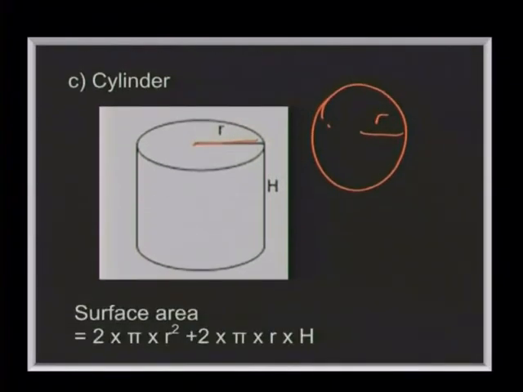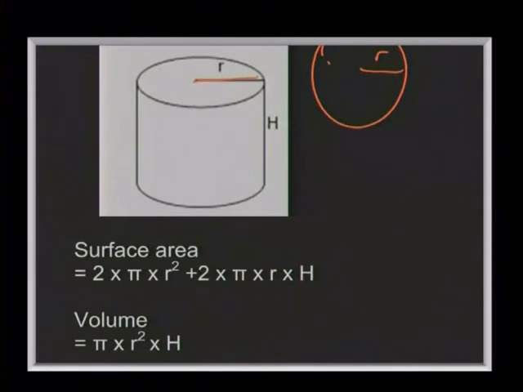Surface area. We have 2 circles. There's the circle here and the circle at the base there. There are 2 circles. So my formula for the area of a circle was pi r squared, and I've got 2 of those, so the surface area starts off with 2 times pi times radius squared. Then we're going to take this part of the